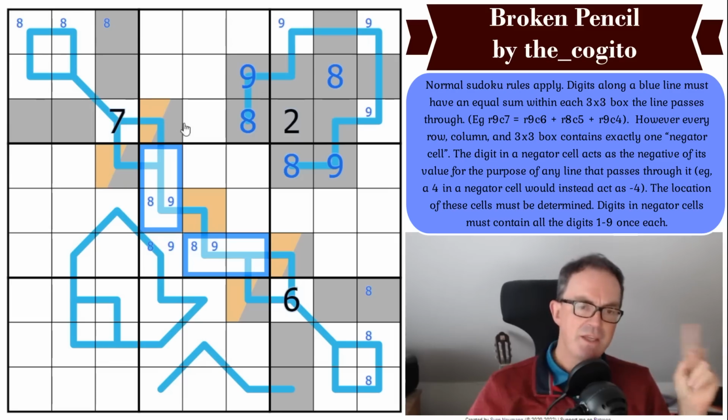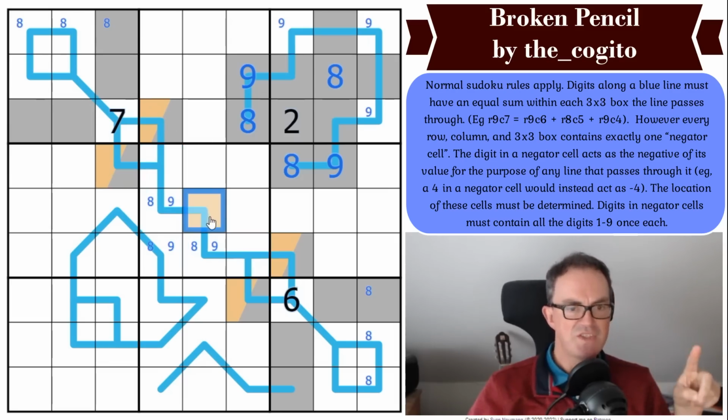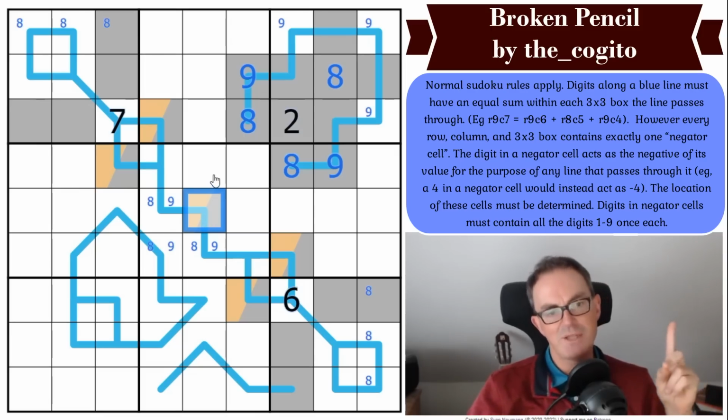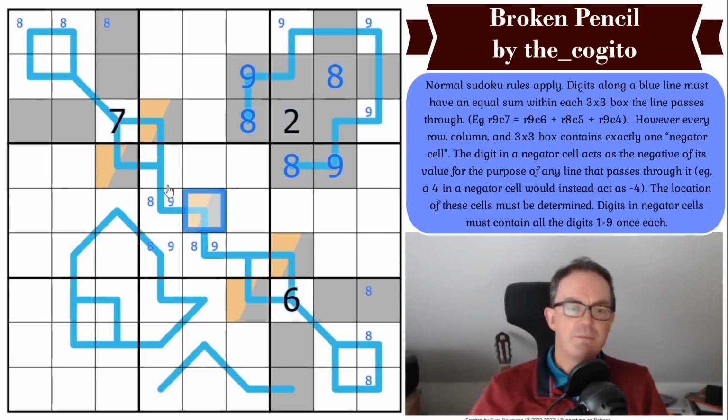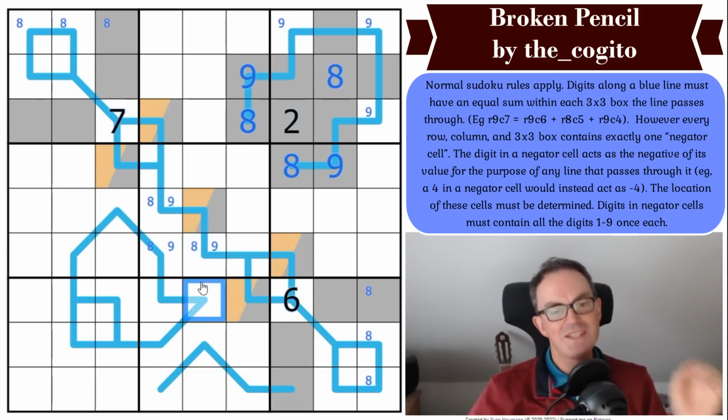So I think all we're getting from that is that this cell is natural, so it gets grade, which is not really a very profound deduction, is it? But that means, okay, well, now I'm thinking about how the rest of this line works, because again, if we could look at this